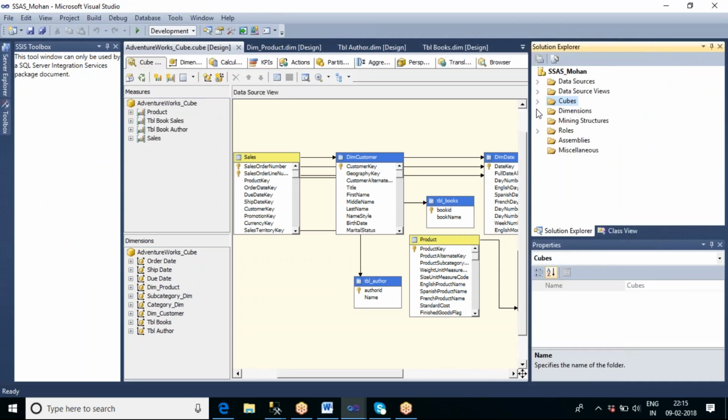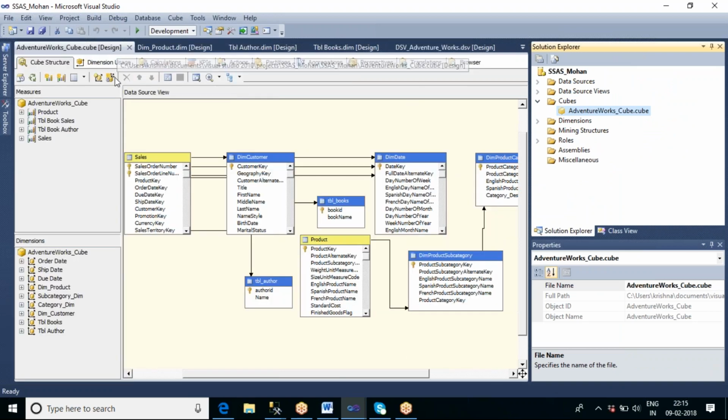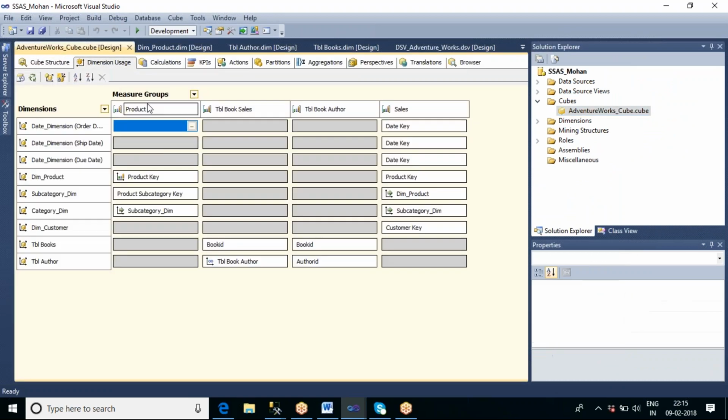Now whatever the dimensions, you can see the list of dimensions you have created and the list of cubes you have created, and we have defined the relationships between your dimension and the measure group. So these are all we will explain. And here